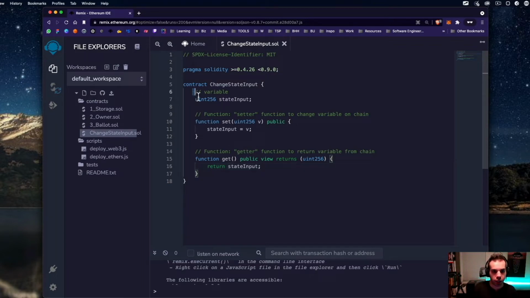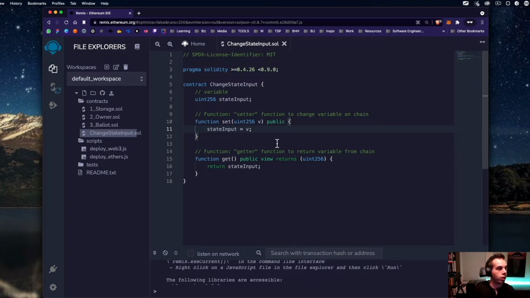So that's what's going to allow us to return that state input once we set it. Again, setting the variable, we set the variable equal to v, and we already know that's a 256 unsigned integer. This is a public function, which means that anyone who is able to call this function will be able to set it. We don't have any modifiers. We're not going to get into modifiers in this module, but modifiers would be a way to modify who specifically can modify something.